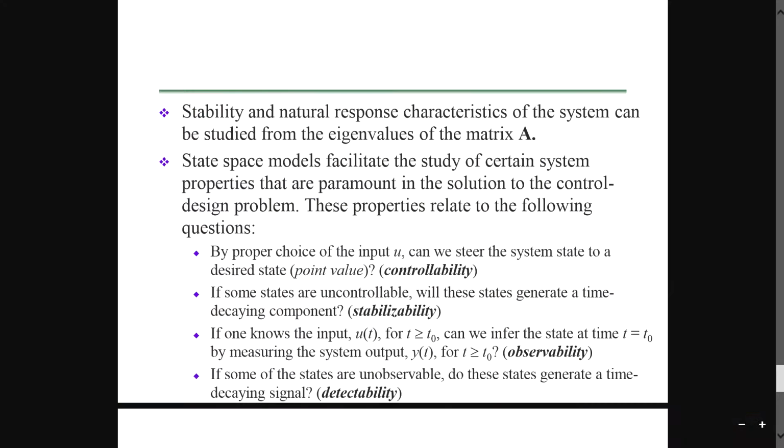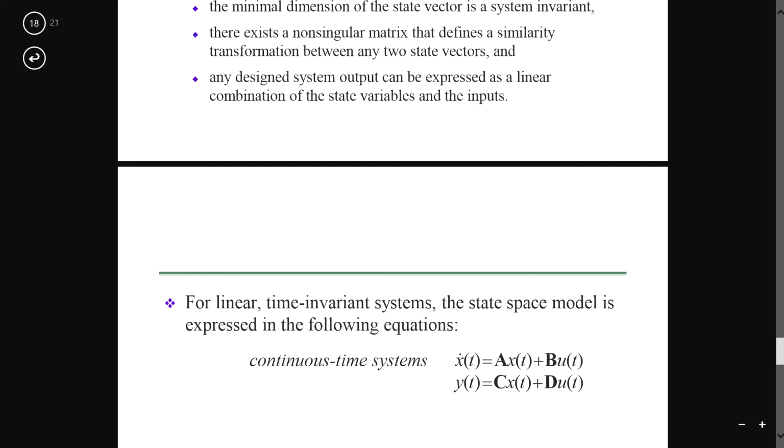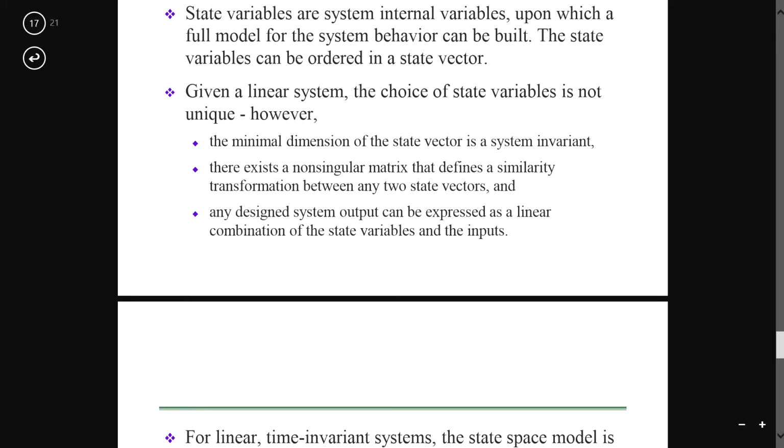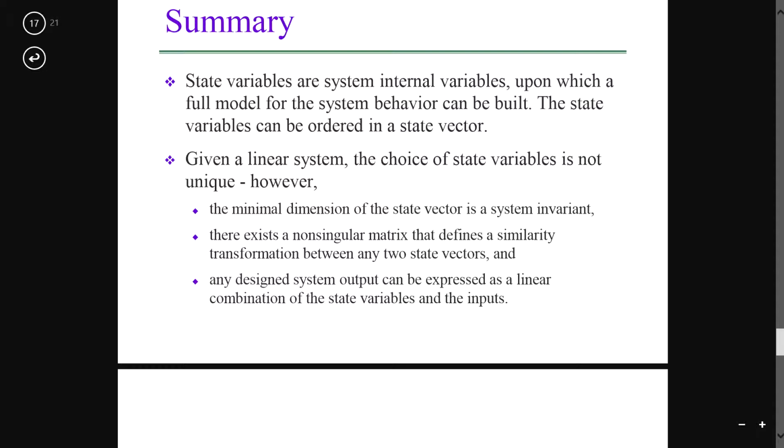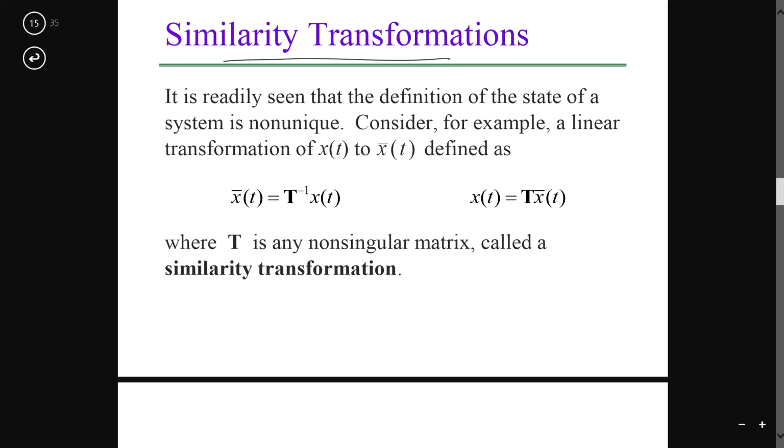In this video, I hope to address some issues in terms of the summarization of what we have known, some key important concepts that I think may be fairly useful. The first thing you may need to understand is that your T transformation is a non-singular matrix. If you still remember our transformation, T is to inverse transform your x(t) to your x bar(t). So your T over here is a non-singular matrix, and it's a similarity transformation from one system to another, but they're actually the same. They're exactly the same thanks to your transformation matrix over here.